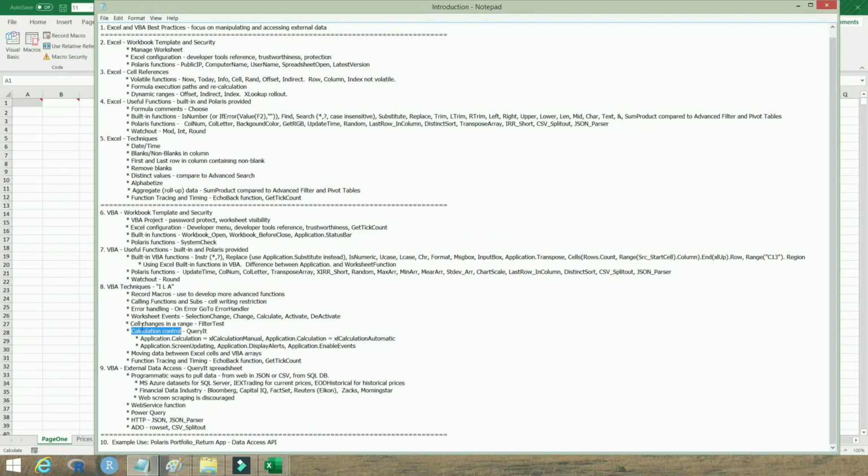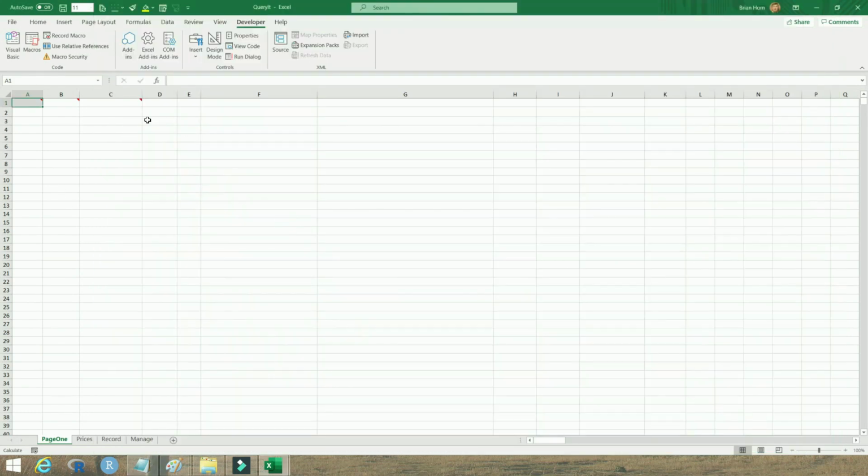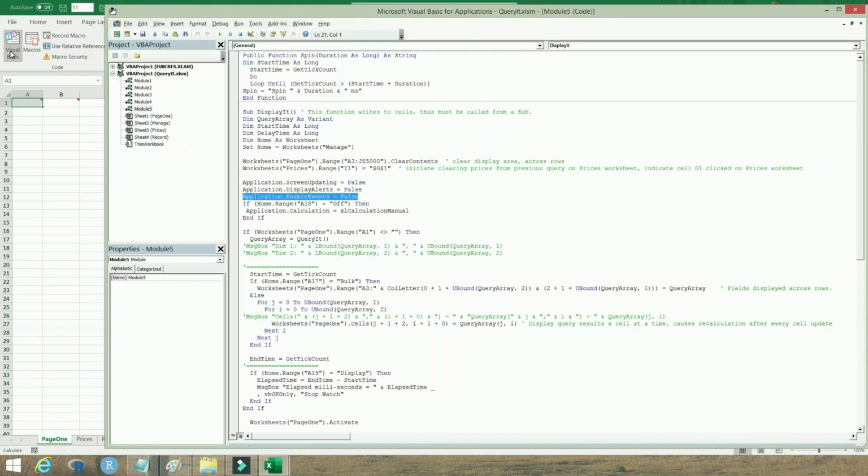The next topic in this video is we're going to talk about how do you control recalculation in a spreadsheet. We're going to use this QueryIt spreadsheet to demonstrate how you do that. This is actually a pretty powerful feature that Google Sheets does not even have functionality to control recalculation. The main way you do that is through calling